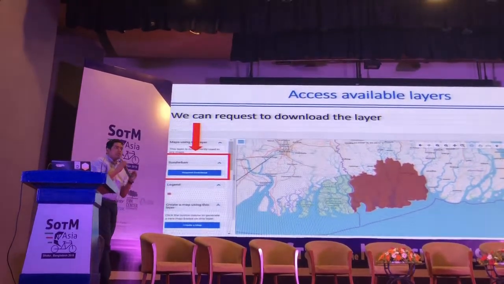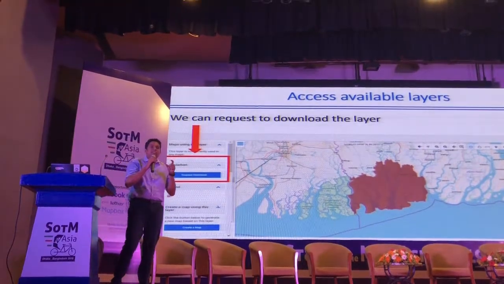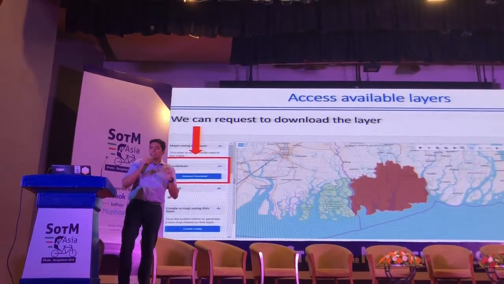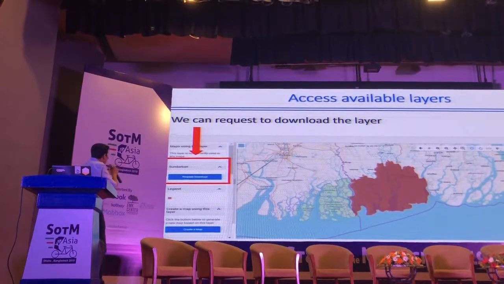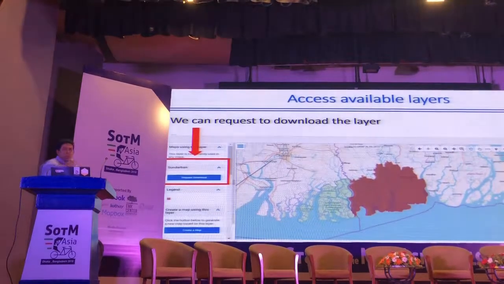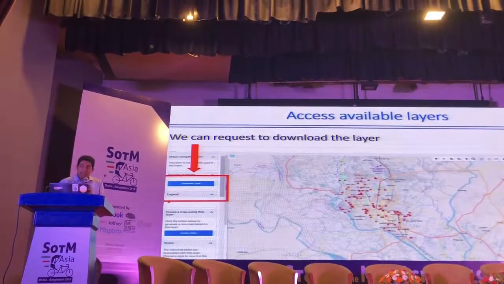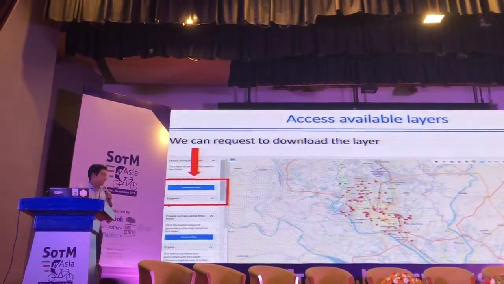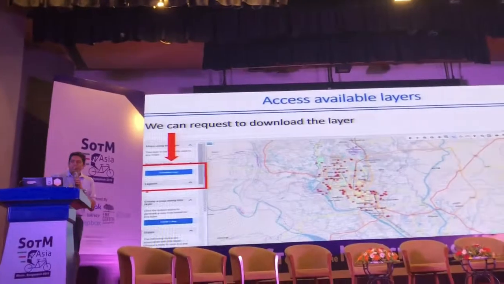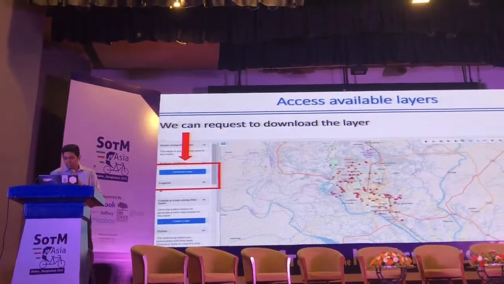There are also some restrictions an organization can give. Like for this one, we can request to download the layer. If the layer is uploaded public, you can directly download the layer without even requesting it.